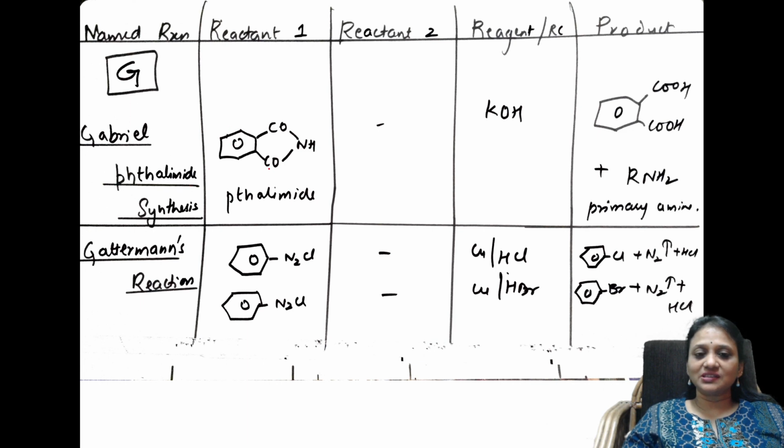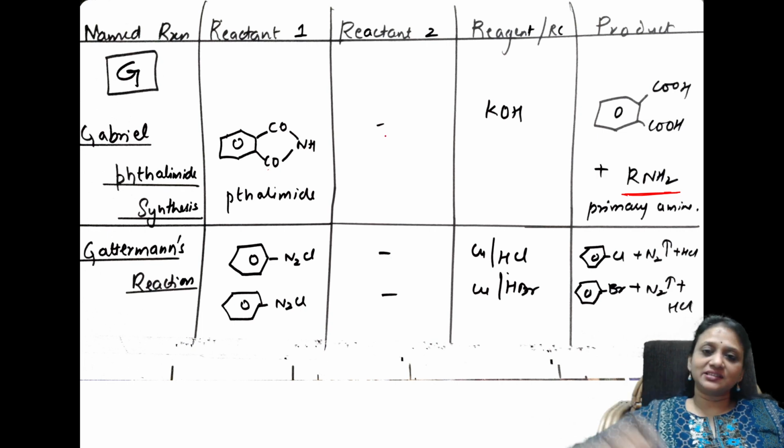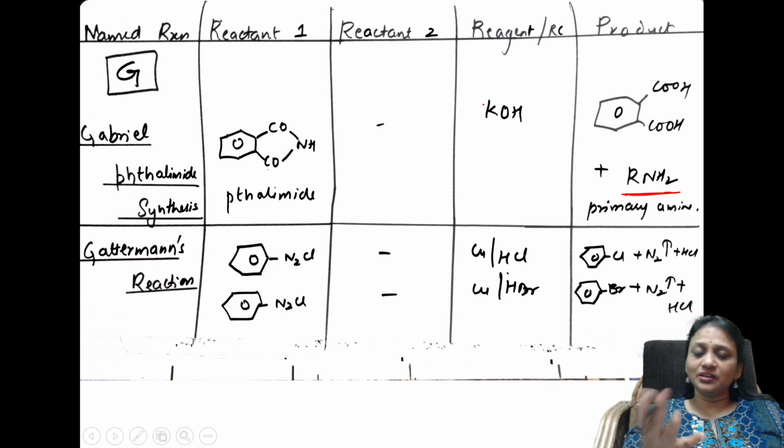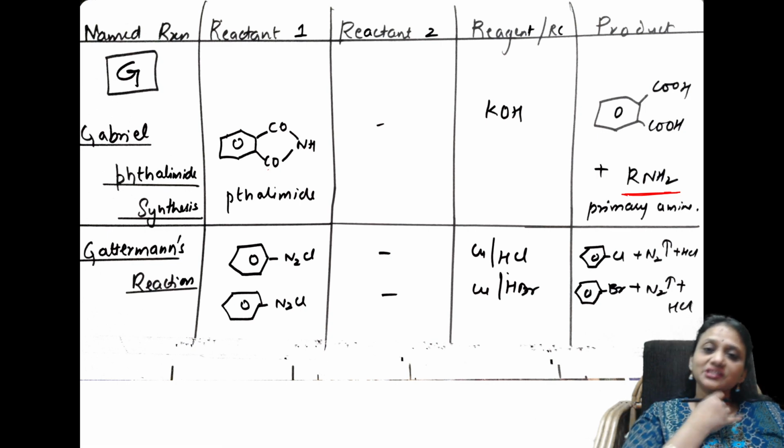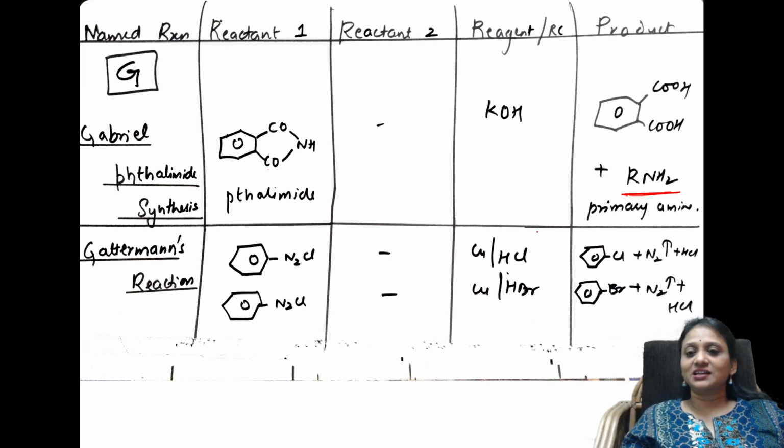So basically, students, in the phthalimide synthesis, the main aim is we are preparing primary amines. In this, it is going to undergo potassium phthalimide, alkyl phthalimide, like that, step by step. I have written the direct reaction. If you don't remember the whole thing, you can write this. You will be getting marks for this. 50% marks. Not all examiners, but if the product is mentioned, yes, you will get marks for that.